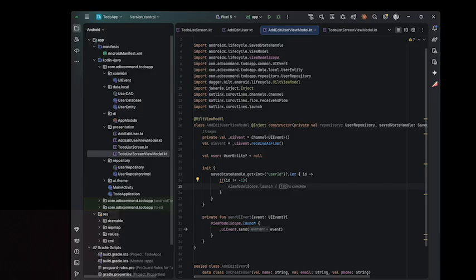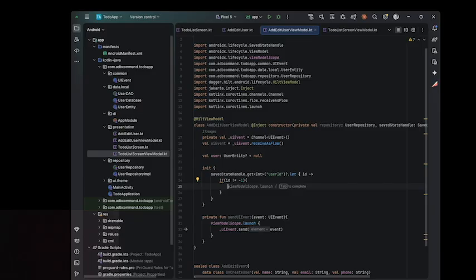Tapping on an existing user is to update that user, and tapping on the floating action button is to create a new user. So if we tap on the floating action button, when we are navigating to this add edit user screen, we are not sending any id to the screen. So if we're not sending any id, by default we want the value to be -1. So if the id is not -1,